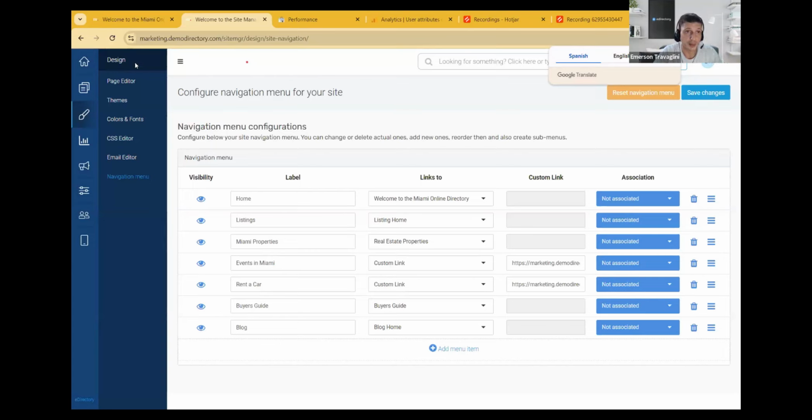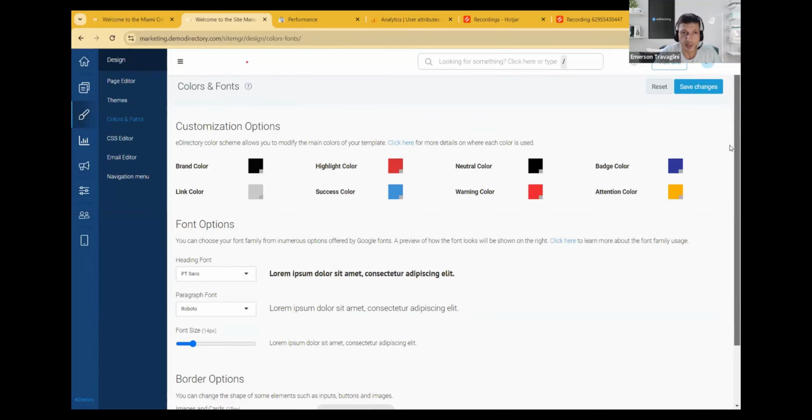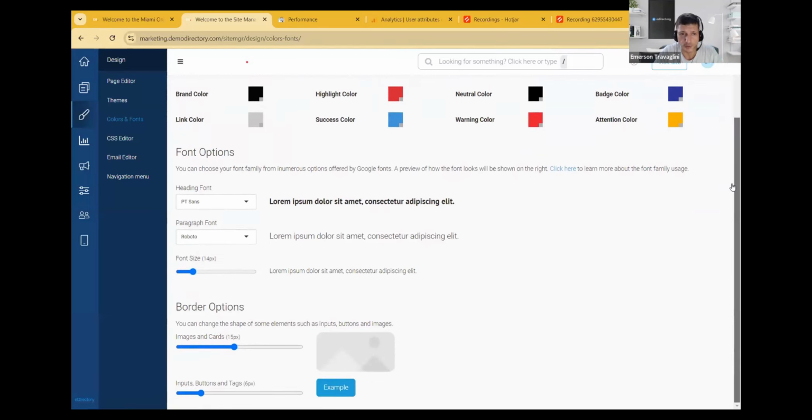And just to finish, still on the design menu, we have the colors and fonts. So as Gabriel mentioned, you can use this page to change the color scheme of your website. We have a link for a support article that helps you understand where these colors are applied and when. The font options and the border options. So if you don't want a very square design, you can just move this bar here and make it more rounded